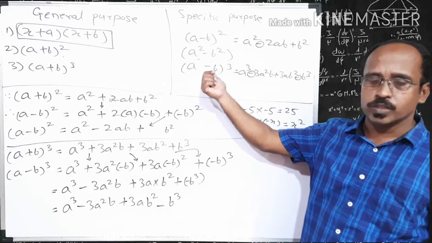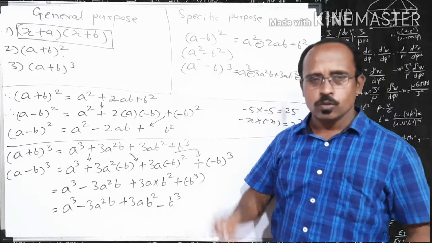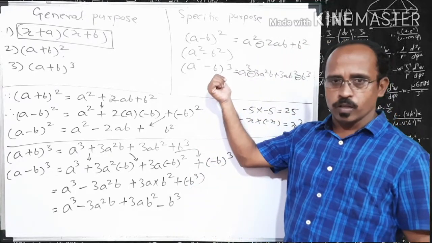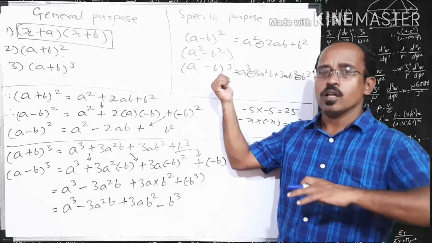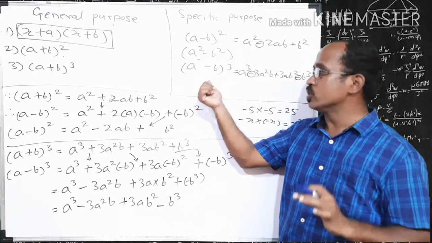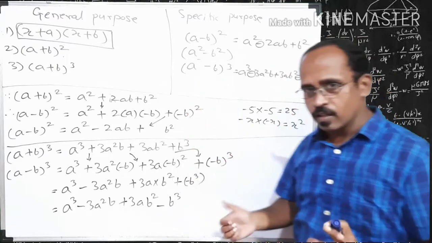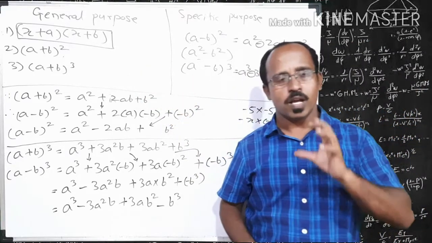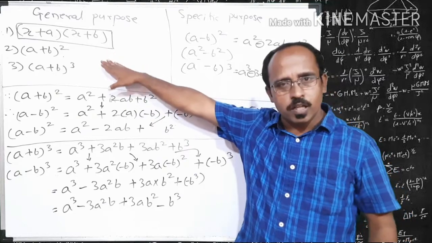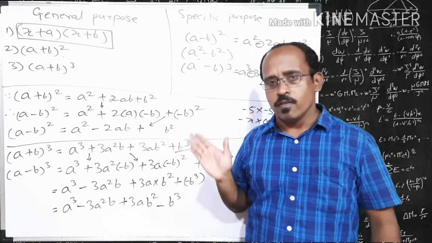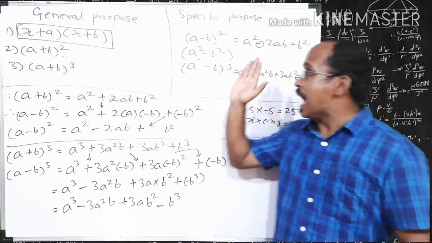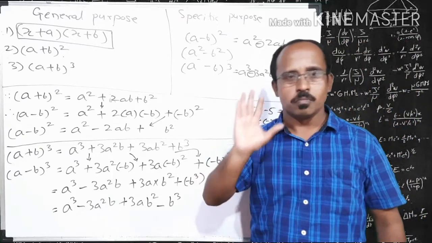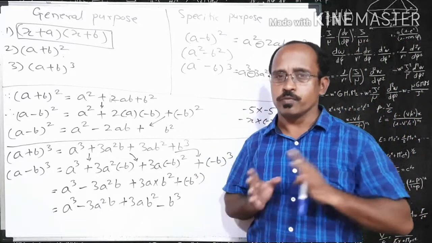This formula we used as specific purpose in 5.3. Go through a few videos of it, and you will come to know the advantage of the specific purpose formula. Based on this, we have solved all of practice set 5.3. The advantage of the specific purpose formula is that we don't have to worry about these symbols. So both of these have their own advantages. In the case of general purpose, you have to remember very few formulas, and in the case of specific purpose, you need not worry about symbols. Okay, so which one to use where?